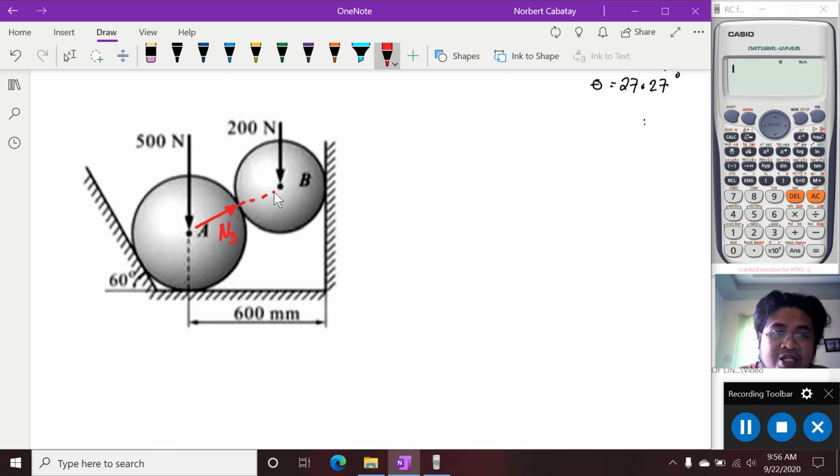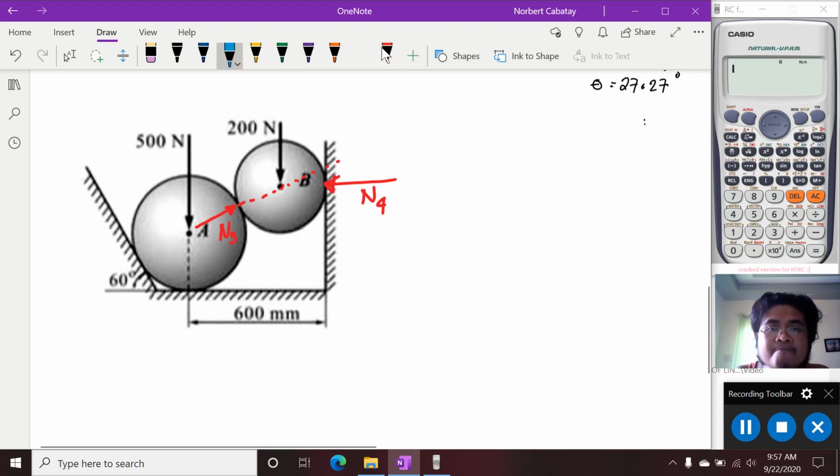So, if you're going to translate dito, yung angle na mapuform natin dito is yun yung 27. Tama. Pag napunta yan dito. Yeah, yung nasolve natin kanina. And of course, may force na nakalapat dito. May force of contact. And so, N4 yun. So if we're going to create an FBD,